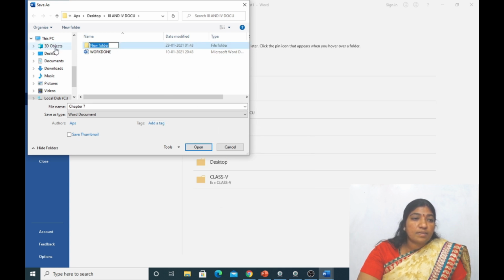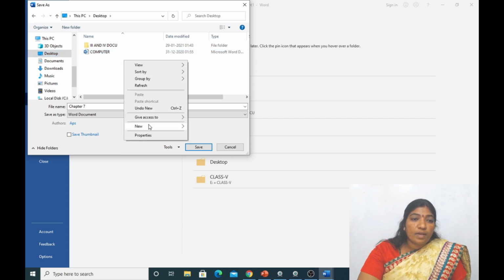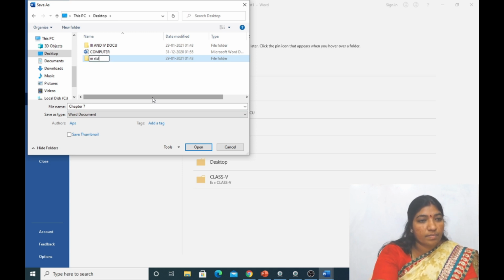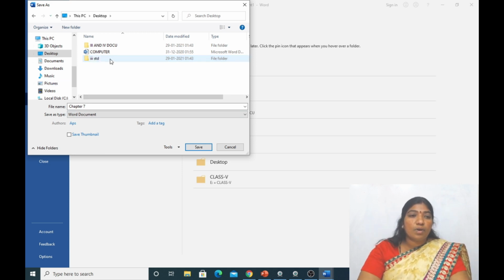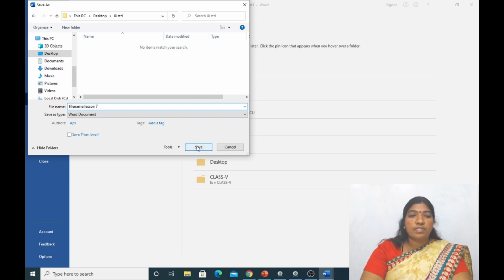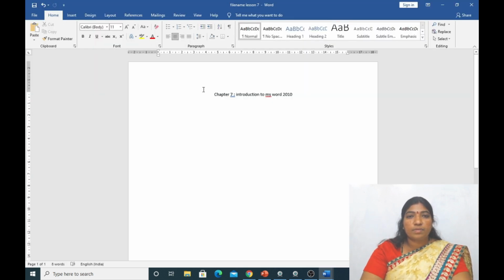On the desktop, right click, that is the 3rd standard. After that I will change the name to file name lesson 7. Okay, I will just save it.